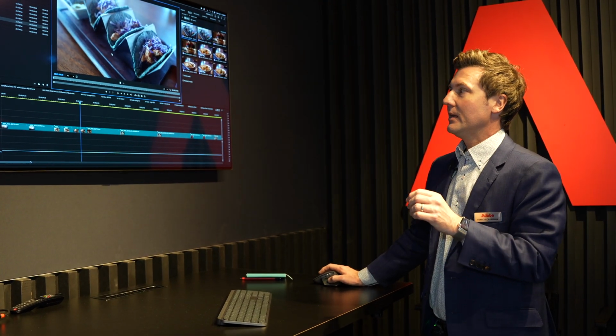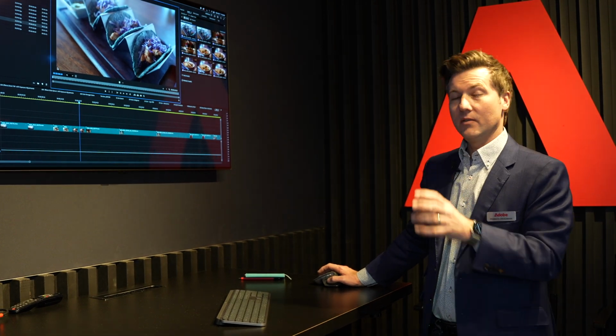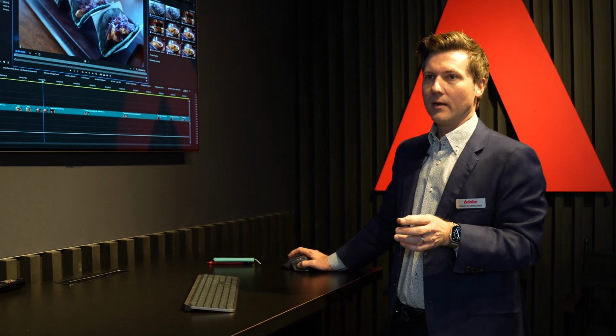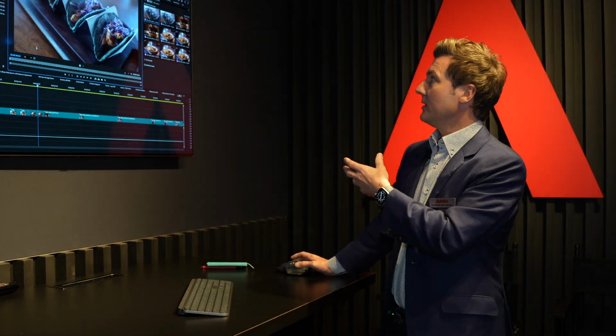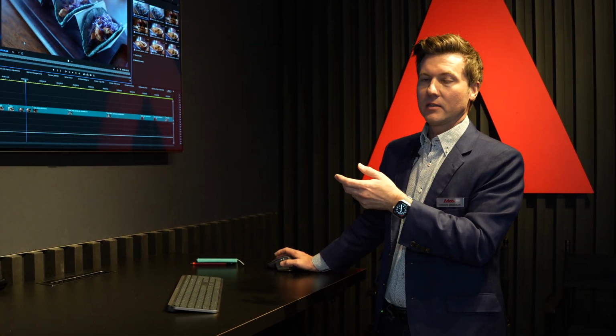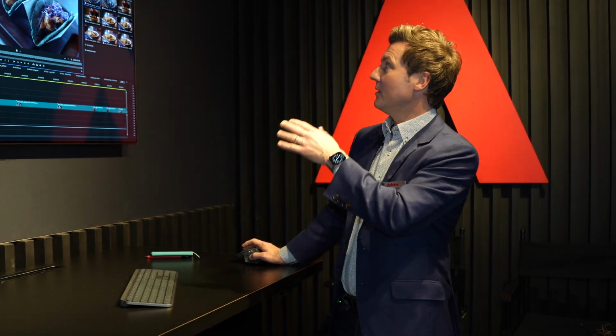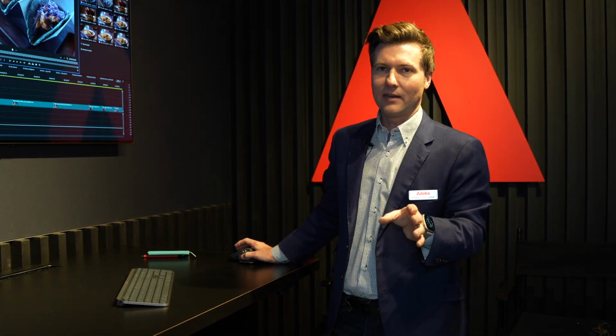So media intelligence runs on device. It does not require an internet connection, and it's very fast. So you can see that these search results are coming back super fast. That's because this has all been pre-indexed. The indexing is quite quick as well. It runs generally at about 60x, so 1 hour of footage can get indexed in about a minute, and then the searching is just milliseconds.